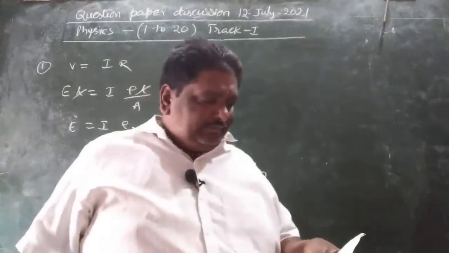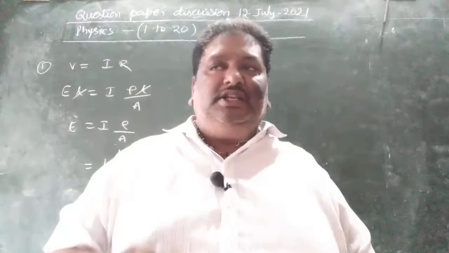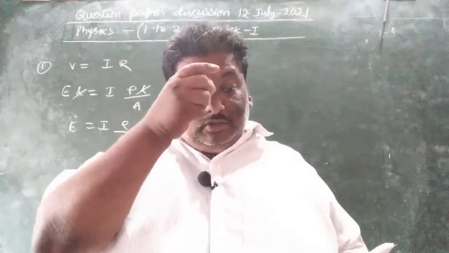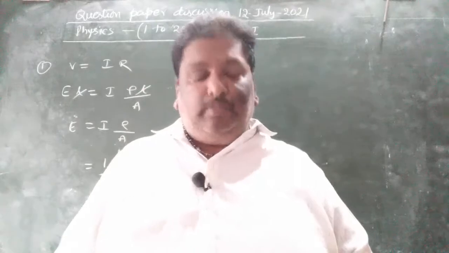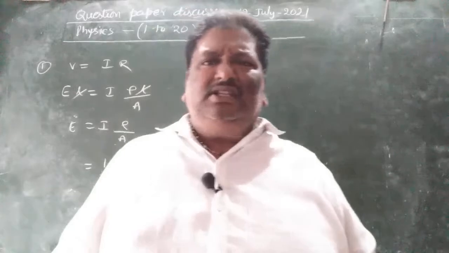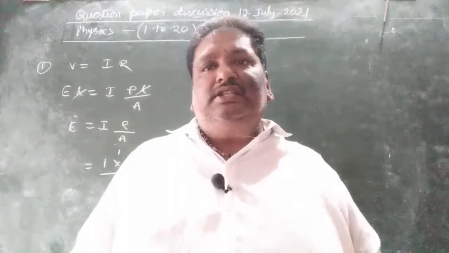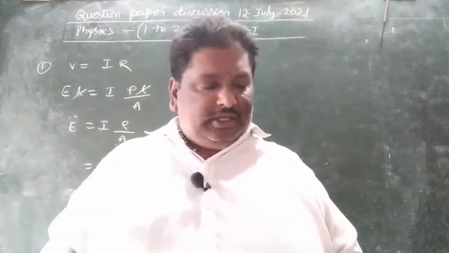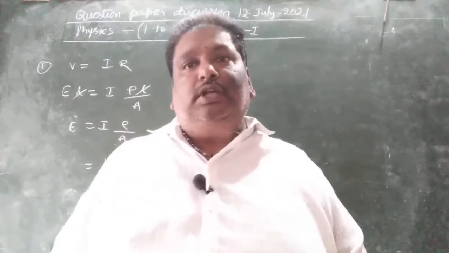Two wires are there, same material. Same material means resistivity, density, etc. all these would be the same. Length given 2 meter, 1 meter. Radii given 1 millimeter, 2 millimeters, and the ratio of their specific resistances. Specific resistance never changes. Young's modulus, density, specific resistance all depend upon the nature of the material, not on physical dimensions. So here, same material, that's why resistivity is the same, 1:1, fourth option, no need to solve.